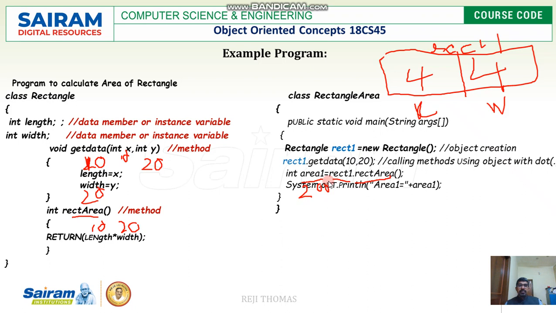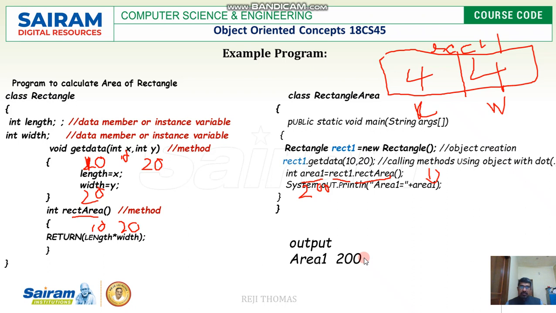In the next statement, we are going to print the area one. This area one will be printed as it is. After this, we have an equal statement, which is going to concatenate two strings. Area one is within the double quote. Whatever I give inside the double quote is going to be printed as it is, and whatever value area one got will be printed as it is. So finally, we will have a statement area one equal to, which is missing here, 200.